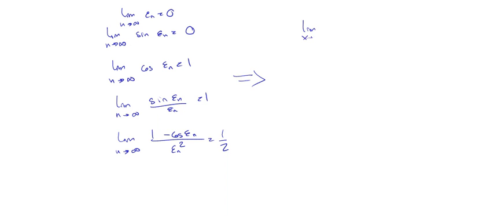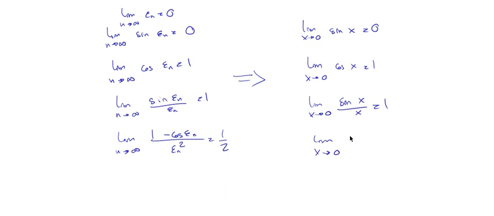The limit when x goes to 0 of the sine of x is 0. The limit when x goes to 0 of the cosine of x is 1. The limit when x goes to 0 of the sine of x over x is 1. And the limit when x goes to 0 of 1 minus the cosine of x divided by x squared is 1/2. Okay? Now, with these limits and using trigonometric identities, you can have that the limit when x goes to